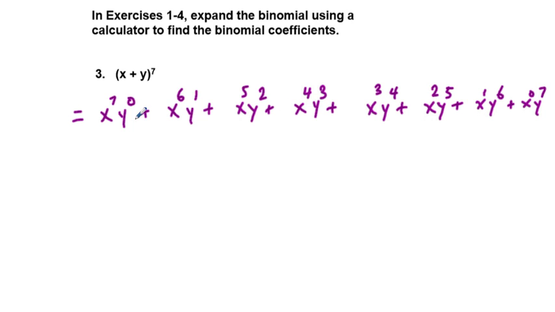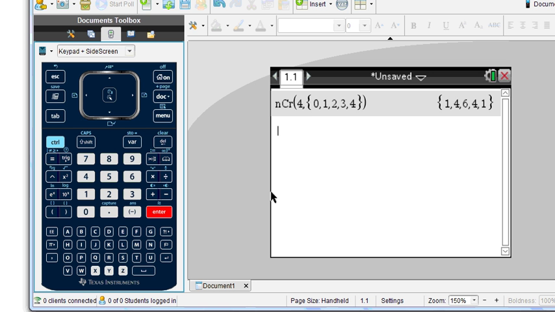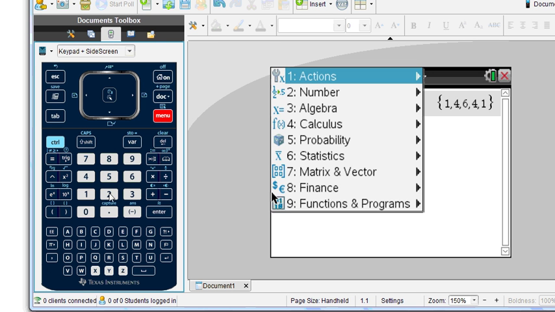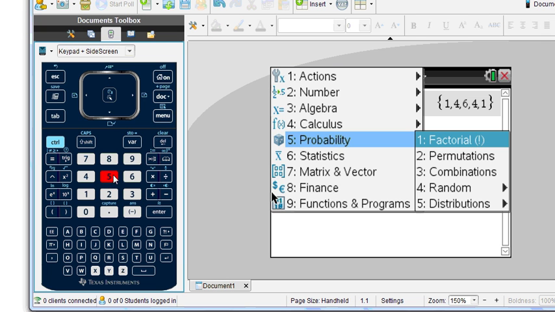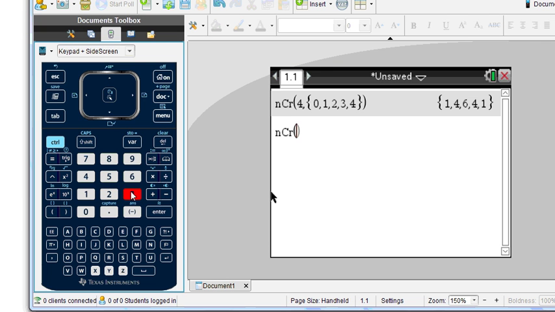We just need to fill in the coefficients and then simplify. To do that, we go back to our calculator and go to nCr by pressing Menu, 5, probability, and 3 combinations. We know we have 7 for n, comma. We get our brackets by pressing Control and the bracket key, and we put in 0, comma 1,